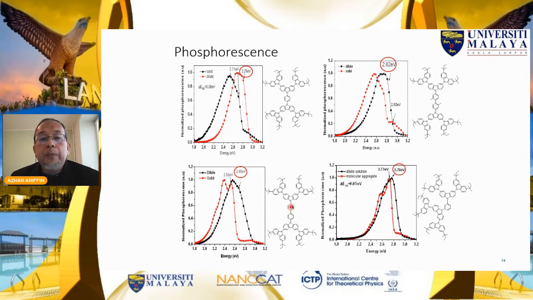If we have something to block the rotation here, like introducing this methyl group, then we see that the triplet energy is maintained at a high level, not much different from the triplet energy of the carbazole. So that's why these molecules are good. And if we have this kind of structure, you can see the triplet energy is also maintained, similar to this one. So this is the whole idea why carbazole is good in this OLED study,